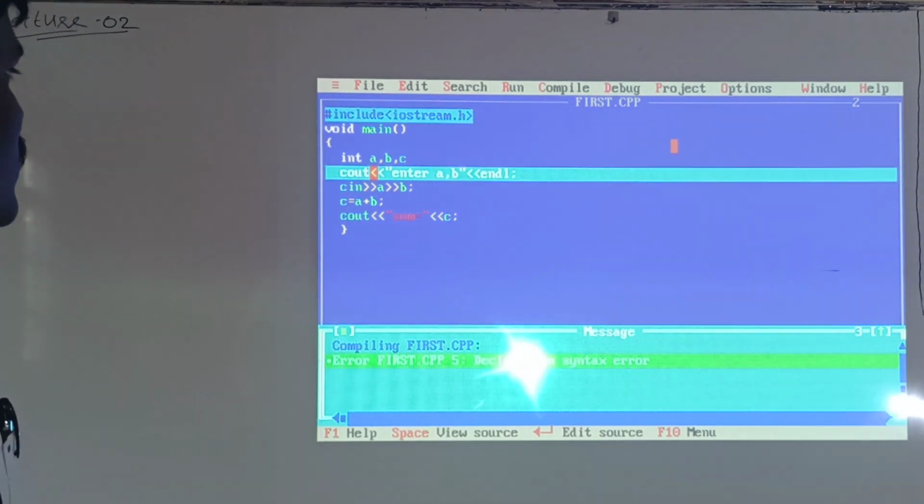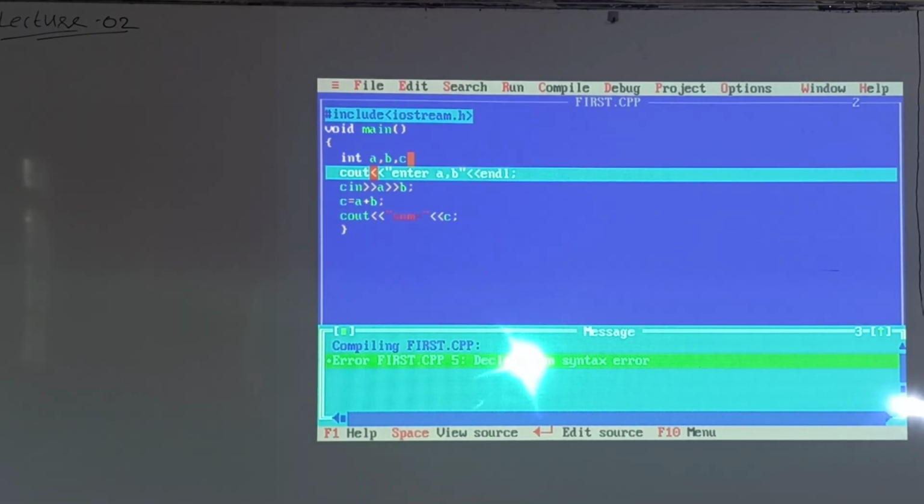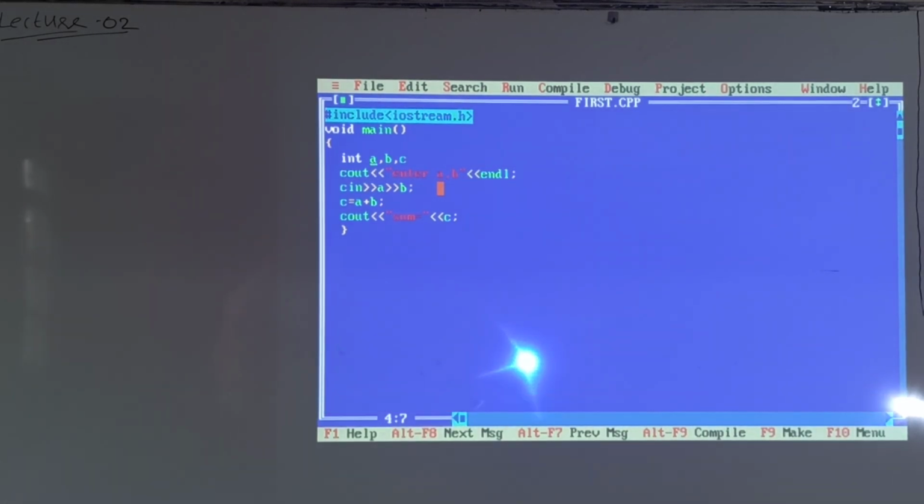Here you did not mention the semicolon, that's why the error is declaration syntax error. Next hit the enter key and I mention the semicolon now. After that, compile again.